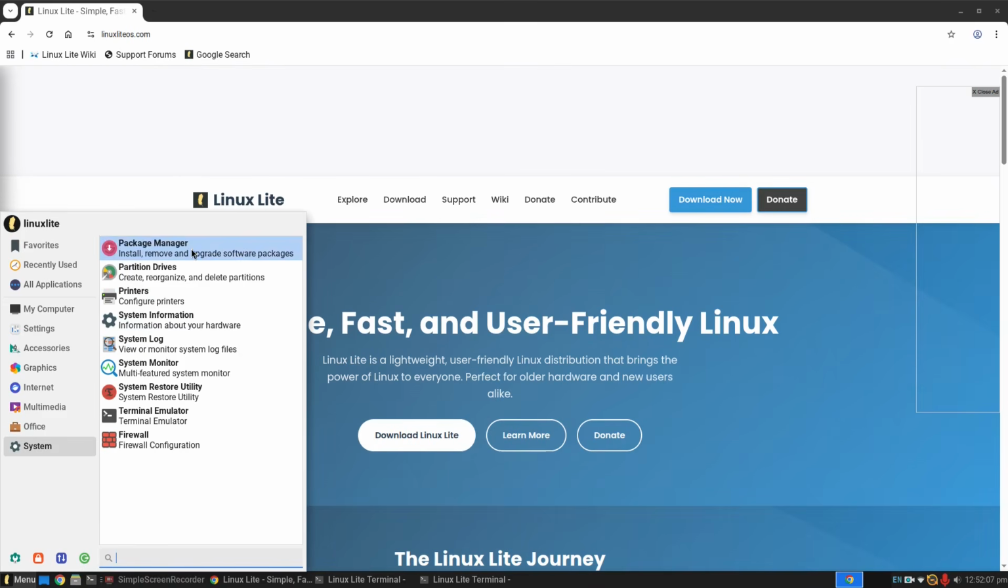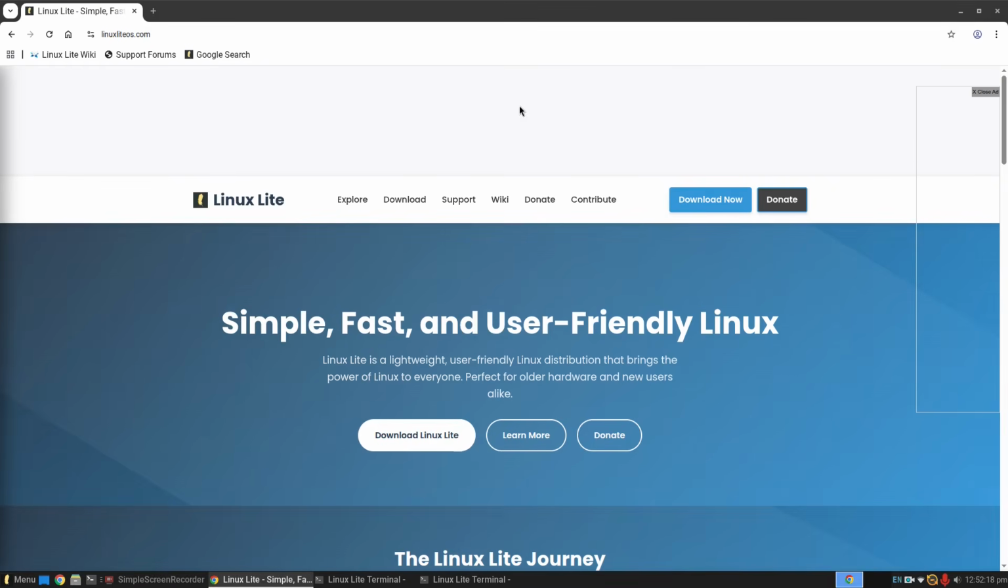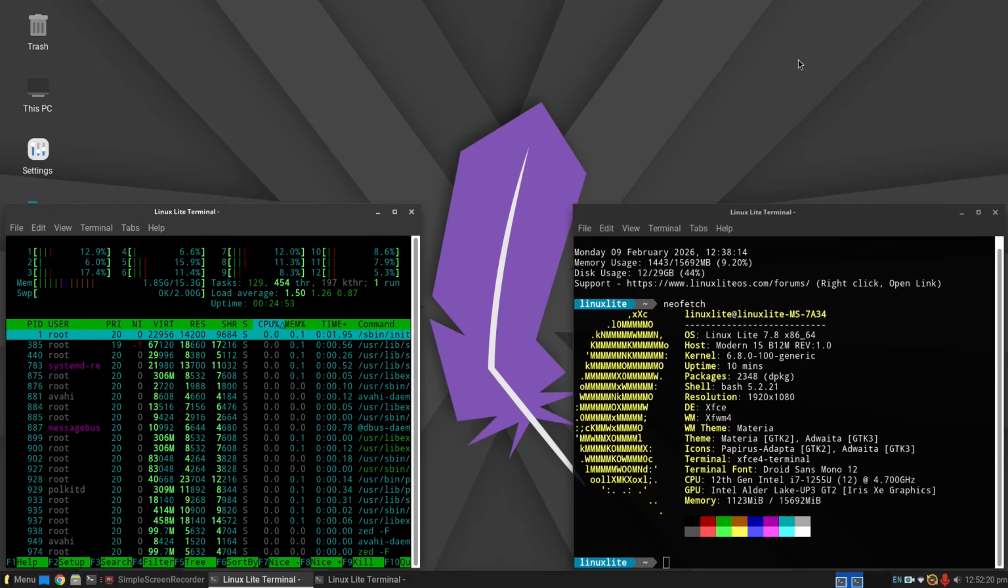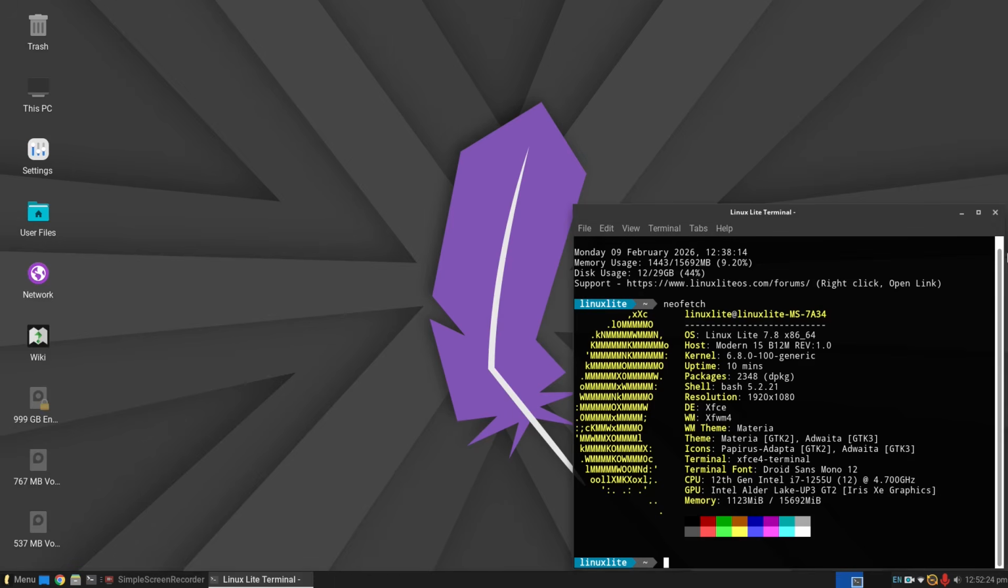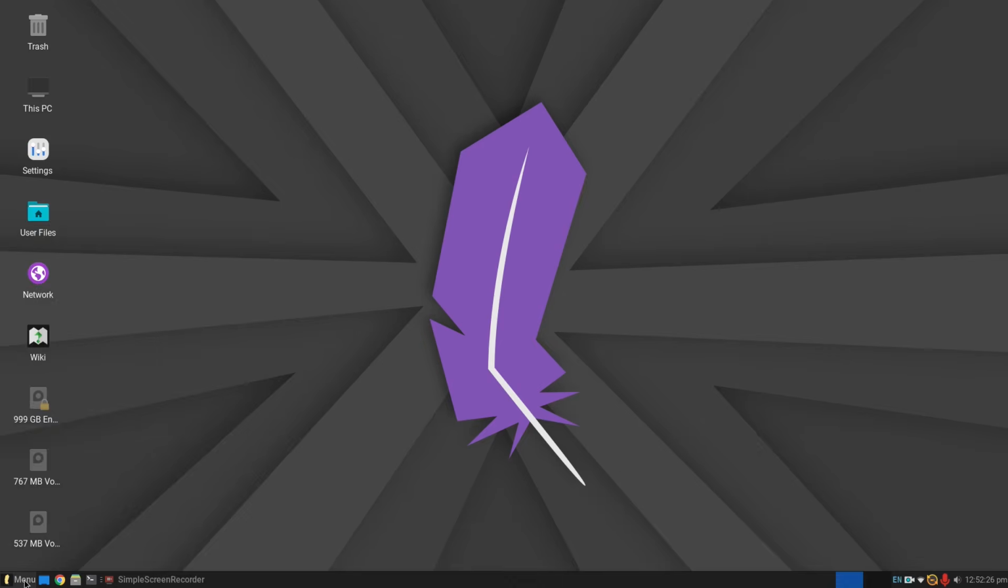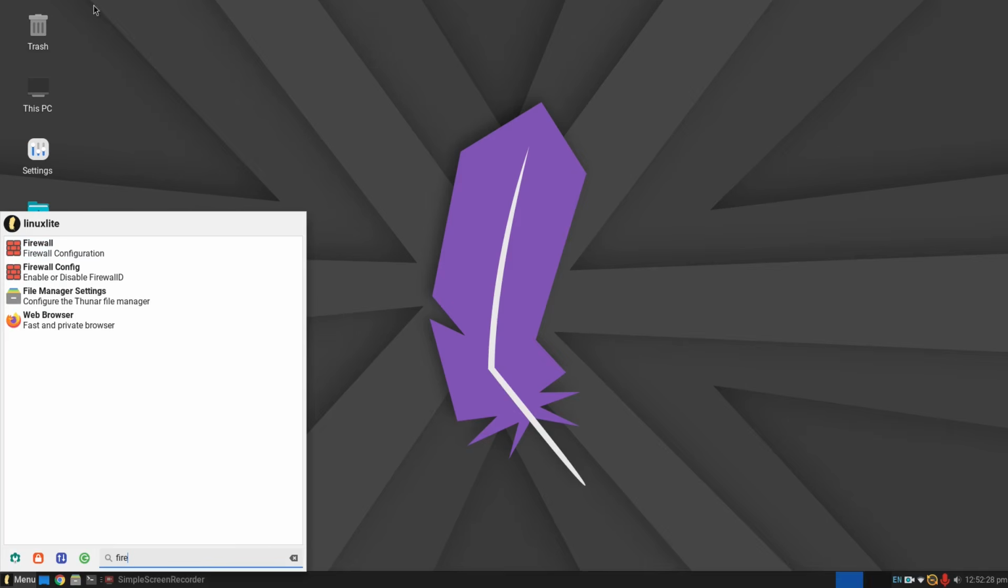And then under our system, here's your package manager. This one's the Synaptic one. We have drive partitioners, printers, system monitors, restore points, and things like that. So it is a full and complete system. First, I'm going to go ahead and get rid of Google Chrome there, though. Let's go ahead and close all these windows out here, and then we're going to go into Firefox, because the